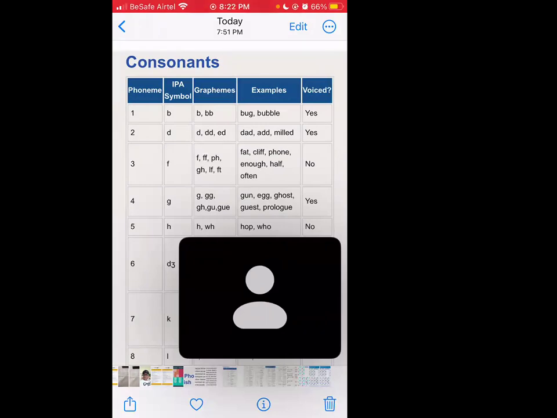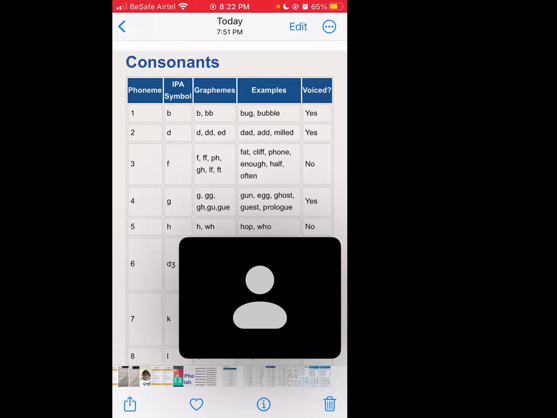As far as this B sound is concerned, in most words, for this particular sound to be achieved, we use the letter B, or in some words, letters BB. Like bug or bubble. Bug, that's one B. Bubble has 3 letters B, and it has 2 B sounds, the beginning and then the middle,